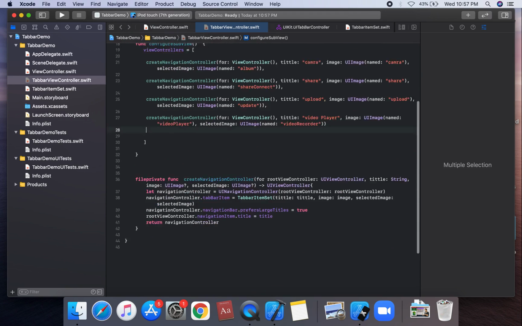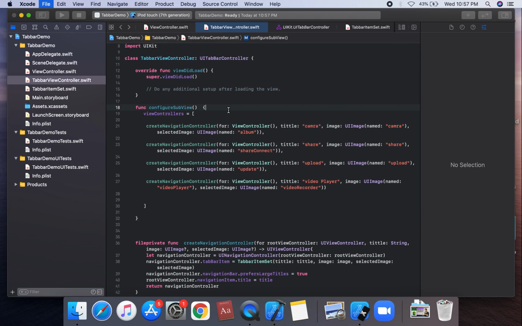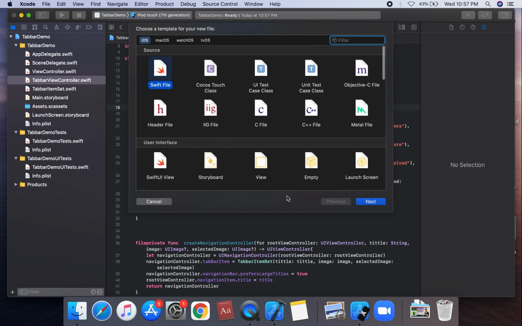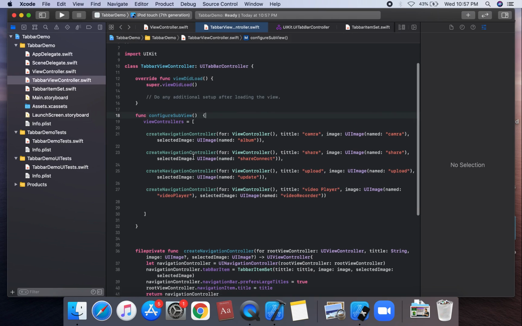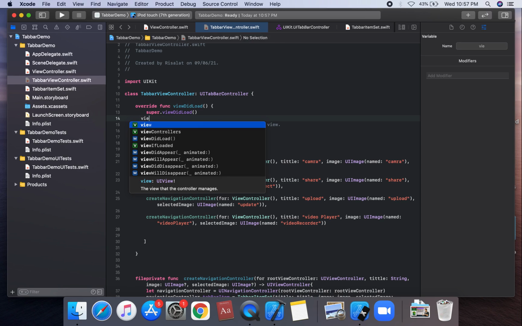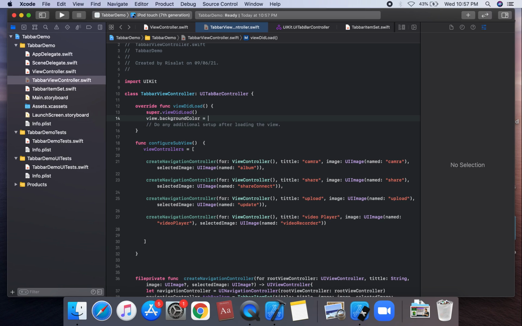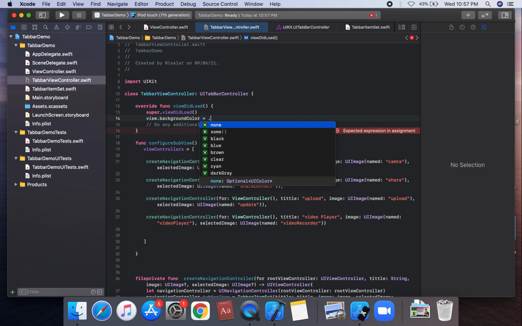So we want first view of view controller, create on this view controller, command S, command N. We're going to create the model. So first please open on this image. Firstly we will discuss about view dot background color. Suppose default view dot background color is equal to, suppose, dot white,